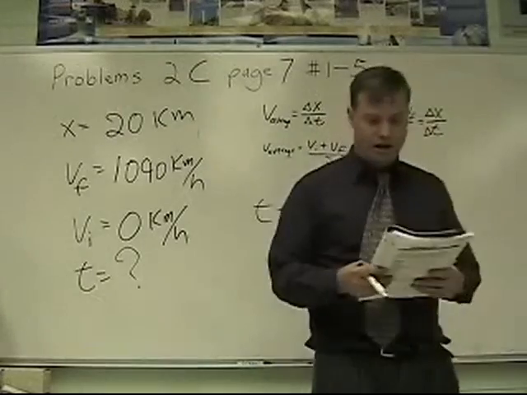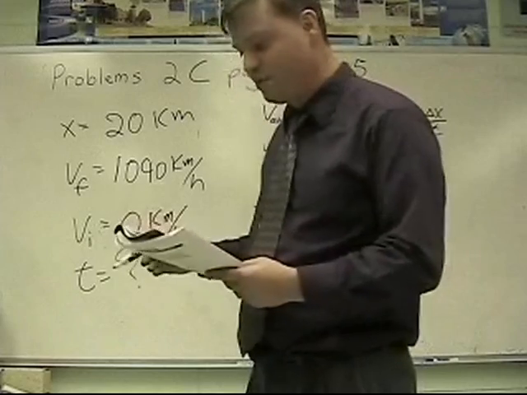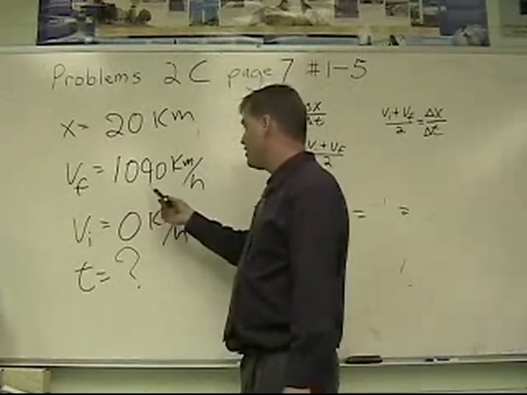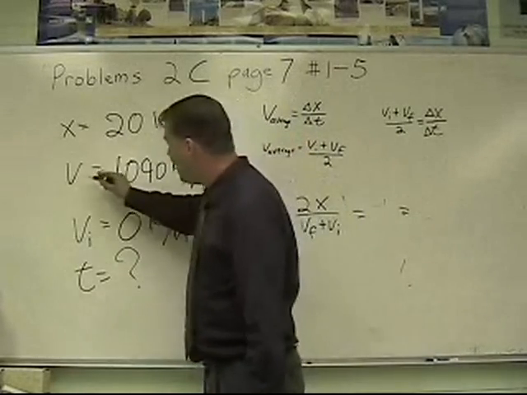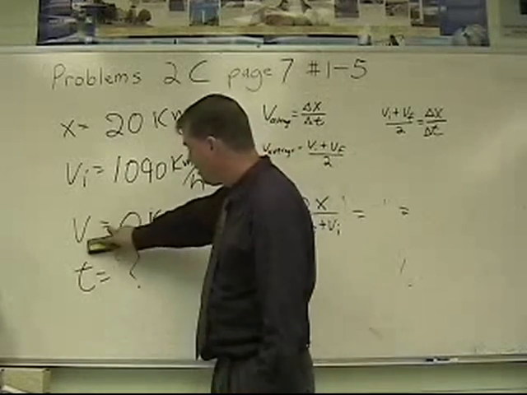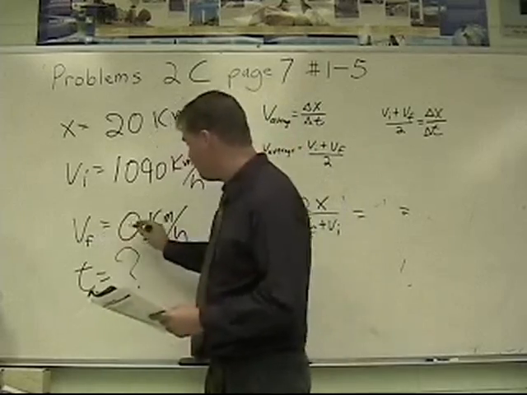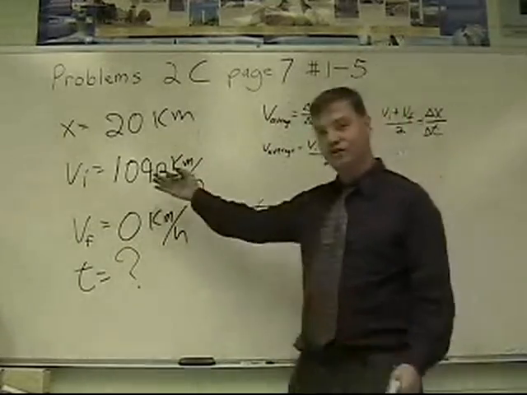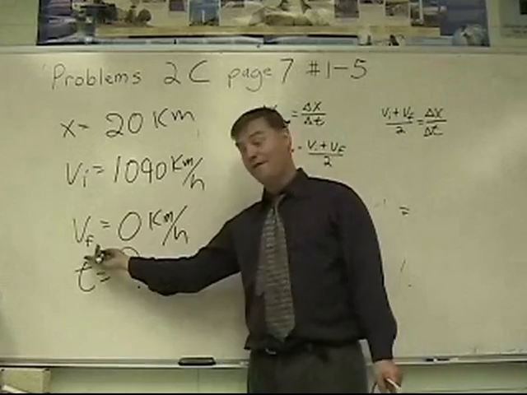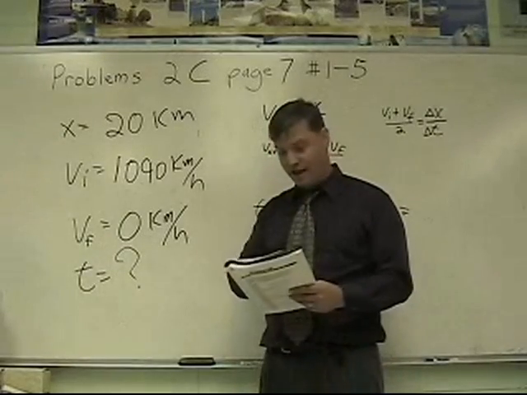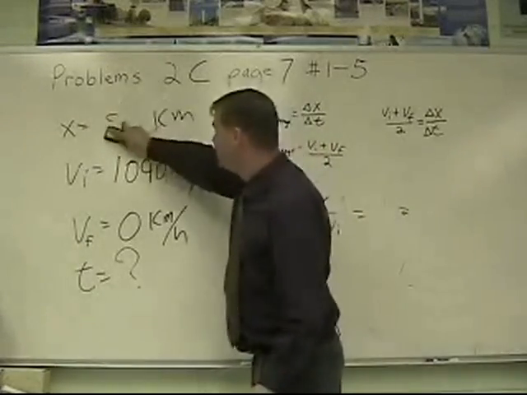How long will it take the car to decelerate if it goes from its maximum speed of 1,090, so this will be its initial speed, to rest? Its final speed will be 0 kilometers per hour. So we've just reversed that. Our initial speed now is 1,090 kilometers per hour. Our final speed is 0 kilometers per hour. If it does this in the remaining 5 kilometer stretch,